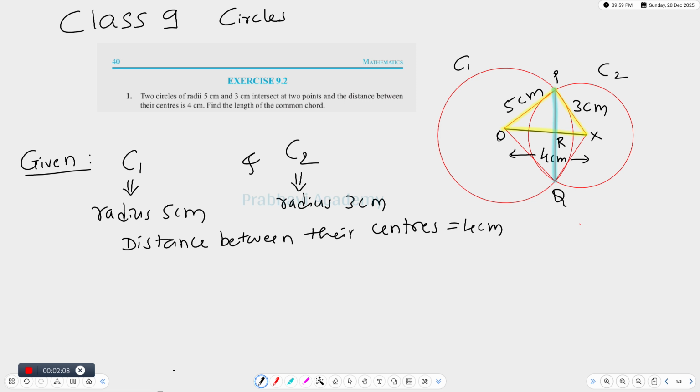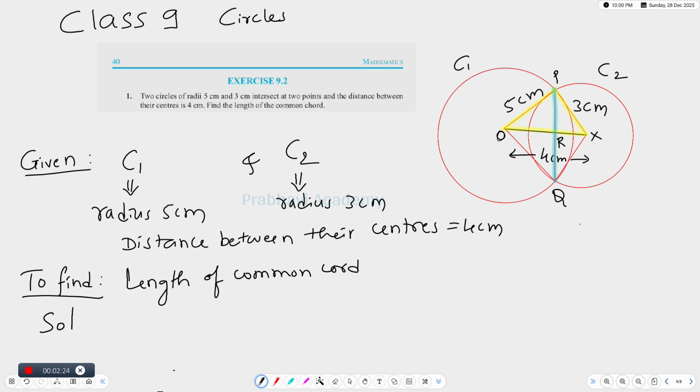These are the given, and to find the length of common chord PQ is R. So solution